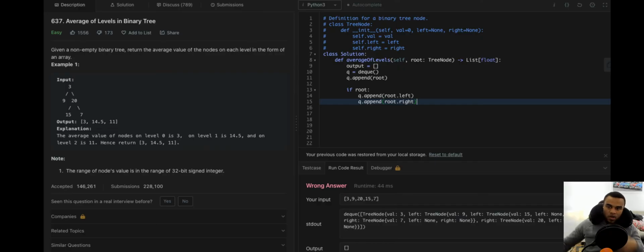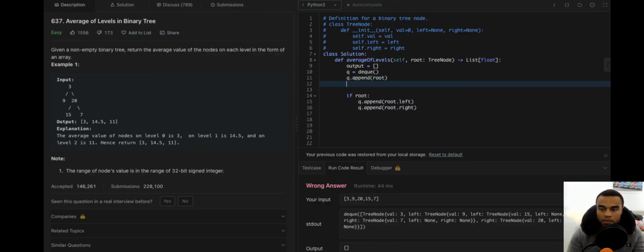So obviously the output at this point is root.val? No, actually no way. q.append root.